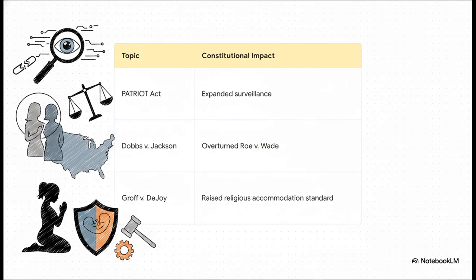Following the tragic events of 9/11, the Patriot Act of 2001 massively expanded government surveillance powers, sparking some intense debates about our Fourth Amendment protections against unreasonable searches. Fast forward to 2022, and the Supreme Court ruled in Dobbs v. Jackson, overturning Roe v. Wade. The court held that the Constitution makes no reference to abortion, thereby returning the authority to regulate it entirely back